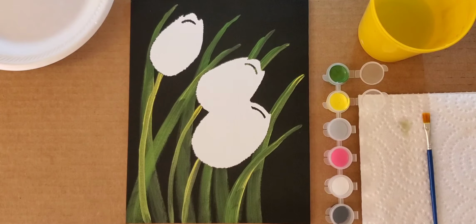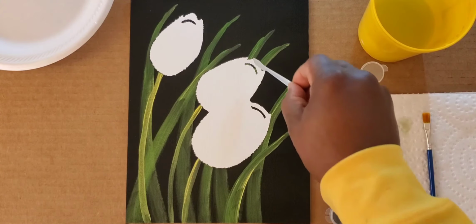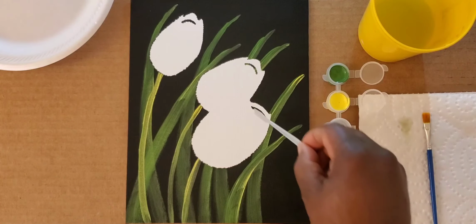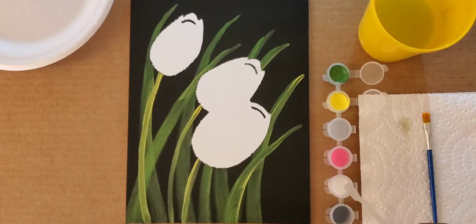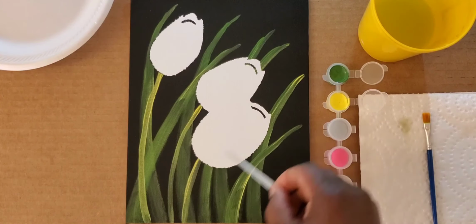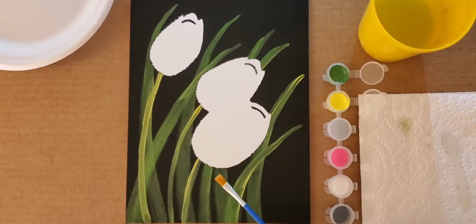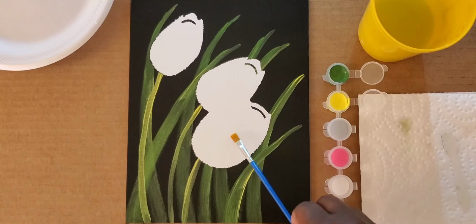And what I've done is inside the flower, it's already represented in black. And we have black in case we need to touch it up. And we also have white in case we need to touch up the edges, which we're going to use to help with our flower decoration. So now we have our background of grass blades, our stems holding up the flowers, and our tulips, which represent